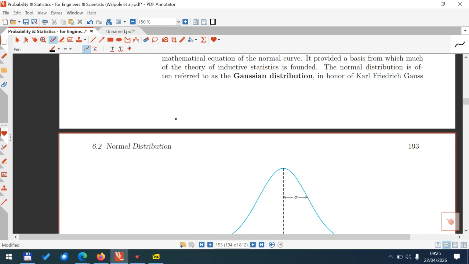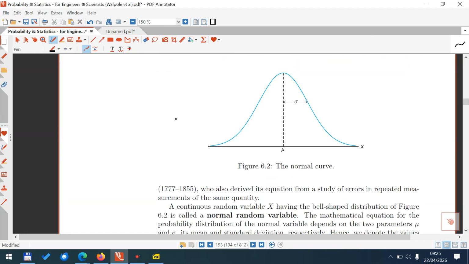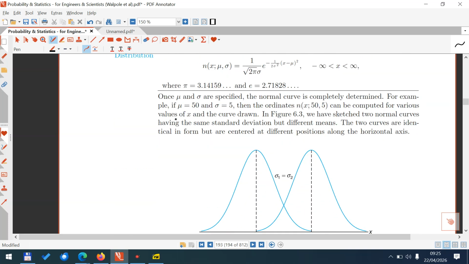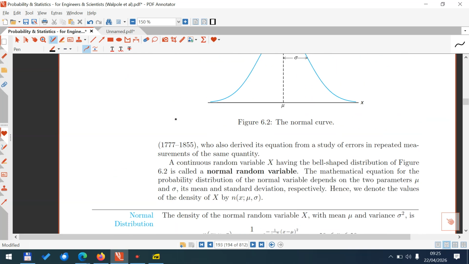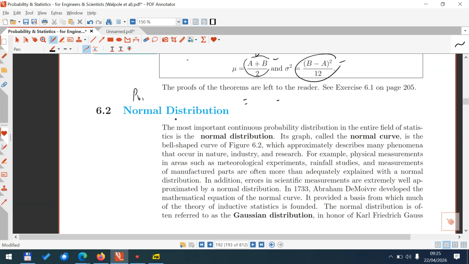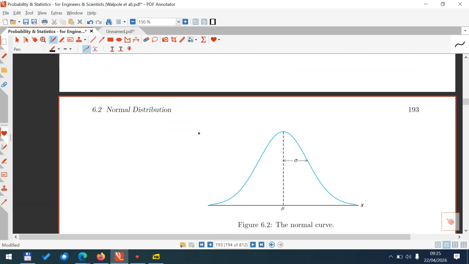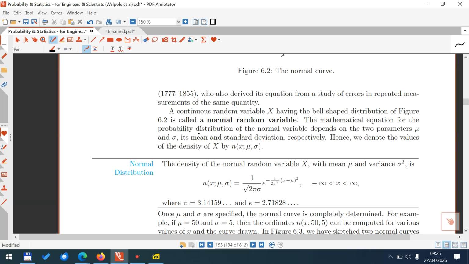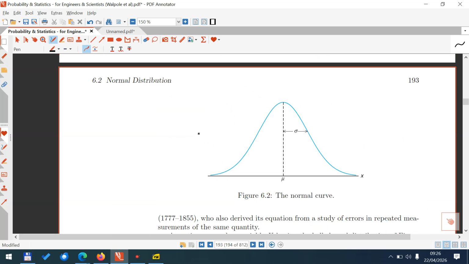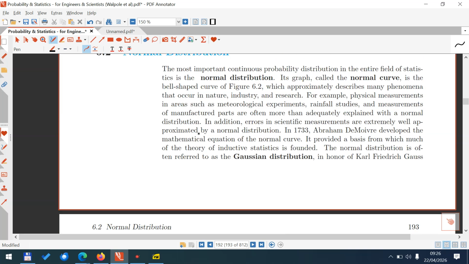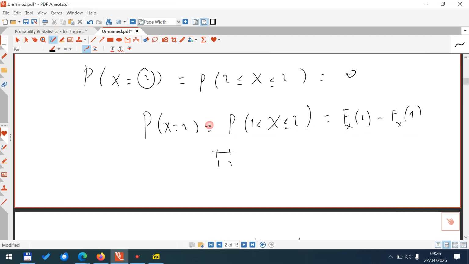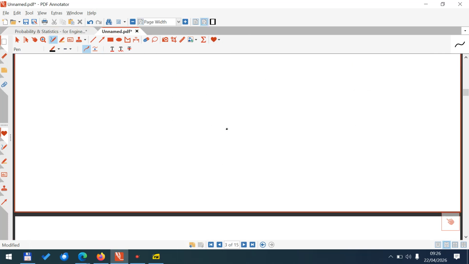Okay, so the next distribution we need to discuss in this course is what is called the normal distribution. Normal distribution has a long history, and it has many faces. So I'll just give you a very quick route. It will not be a derivation, but similar to how we started with